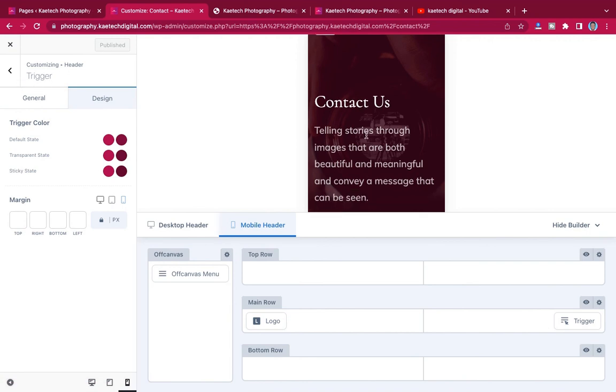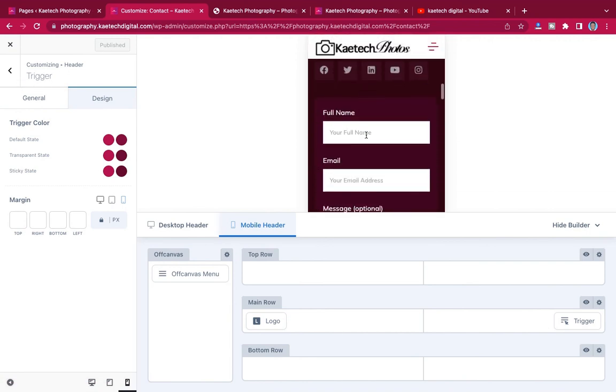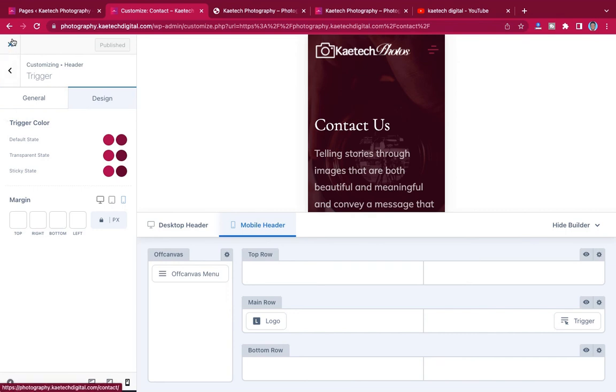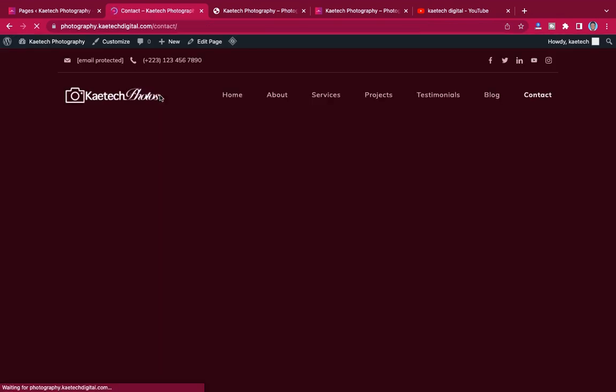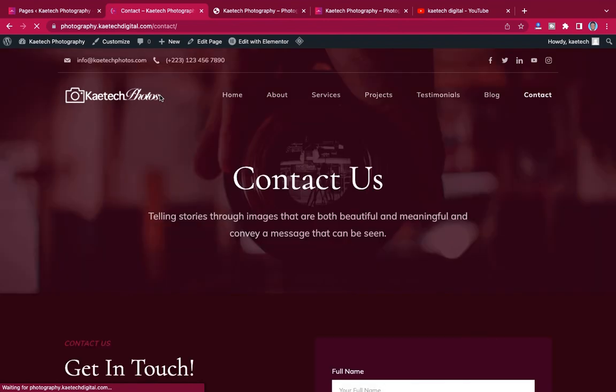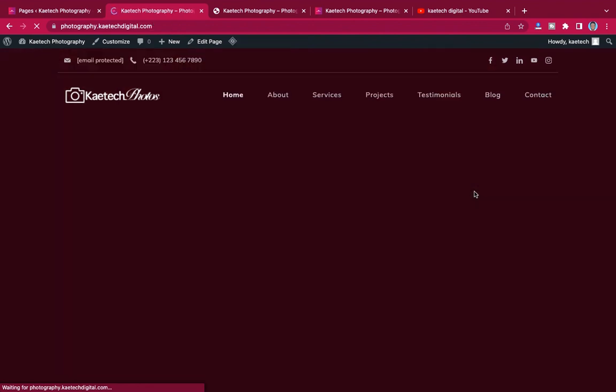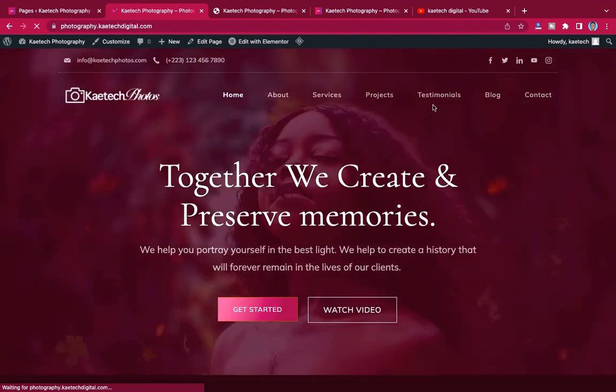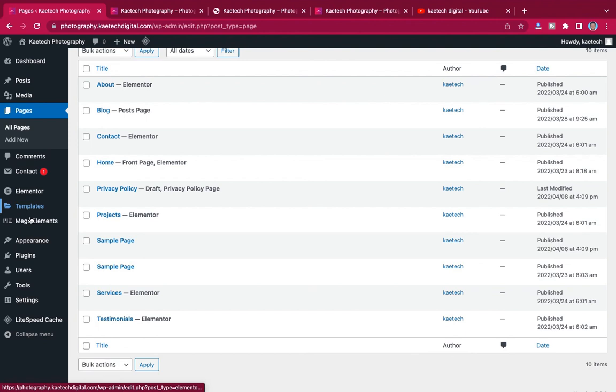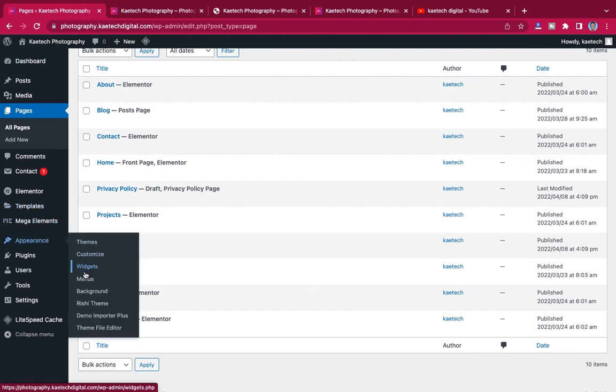Okay, so now that everything is set, I think with this you can be able to design this beautiful and amazing photography website without buying anything. Okay, so guys, now if you want to customize the menu, maybe change something over here, all you need to do is to go back to your dashboard. Now hover on appearance over here, go to menus,